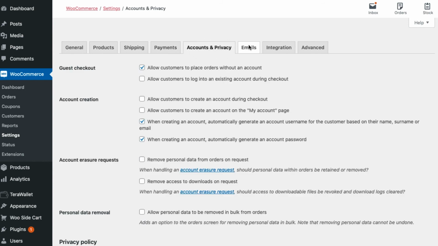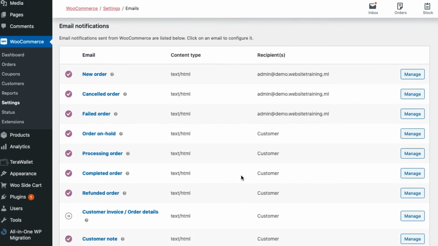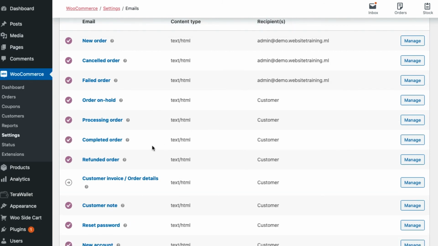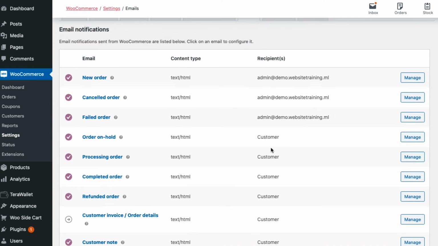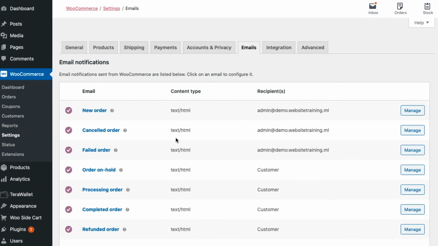Now the emails tab, this is where you're able to set your notifications. So whenever someone places a new order on the site, do you want to know? Do you want to get a notification? Well, I would think you do. You can even set what the customer is notified about. So you can let the customer be notified when they have a completed order, or when you're processing an order, or when an order is on hold. You can have all these things happen or not have these things happen. But the point is, this is set up so you can really notify yourself as well as the customer along the way. Under advanced here,